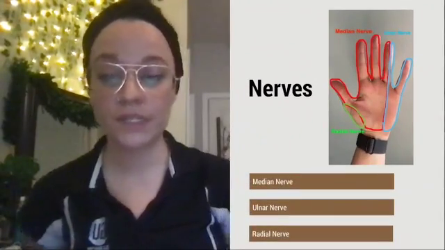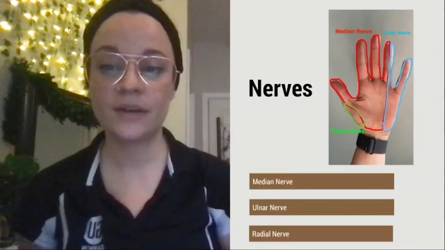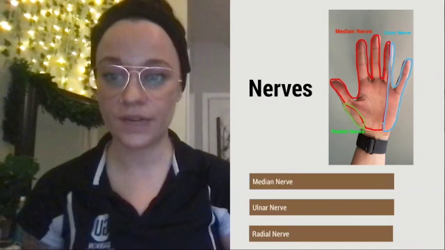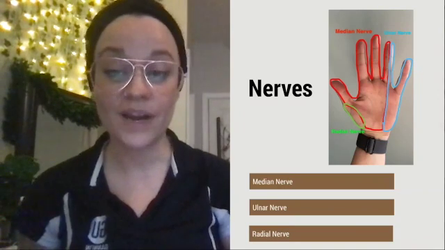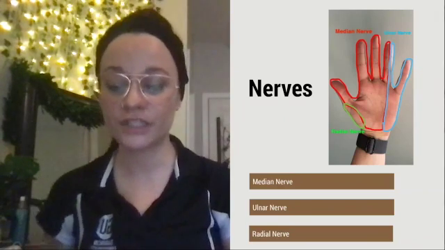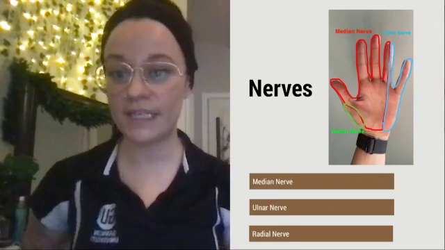Okay, let's start with the nerves. The nerves that are affected in flexor tendon injuries include the median nerve, the ulnar nerve, and the radial nerve. The radial nerve is affected if the thumb experiences a flexor tendon rupture. The median nerve is affected if